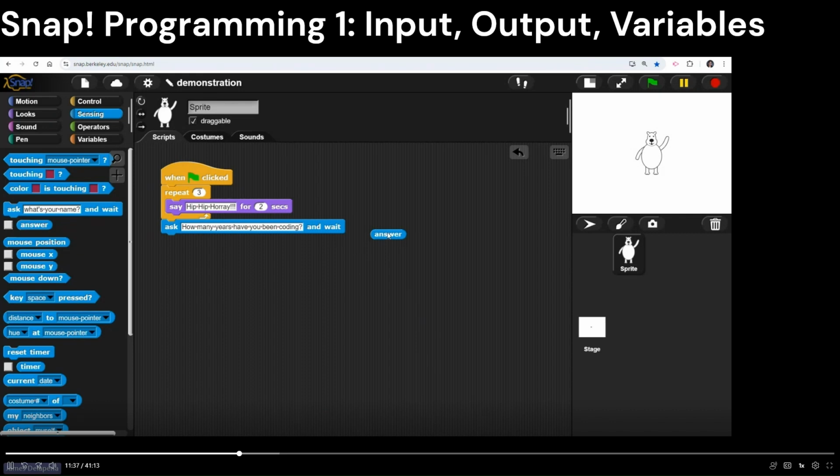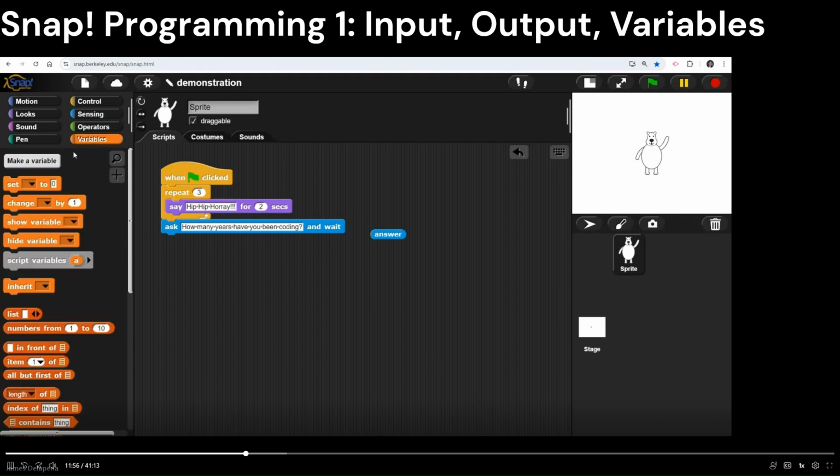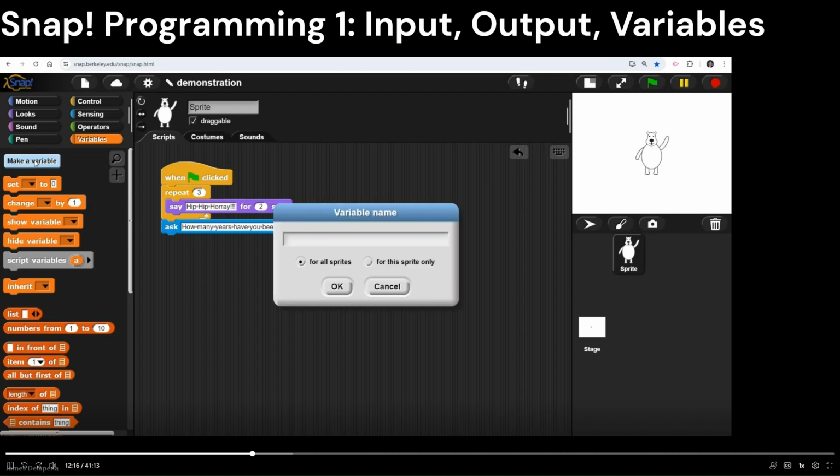I want to actually do something else. I want to create a new variable. And once again, variables are just ways of storing information, whether it's a name, whether it's a number. If you could, again, watch carefully how we do this. I want to go to my little tab here that says variables. Right? The very top thing is going to say make a variable. And again, it's a drag and drop style language, so declaring a variable, for those of you that have experience programming, you have to do this process in order to make a new variable. Okay, so I'll say make a variable, and I'm going to call it,